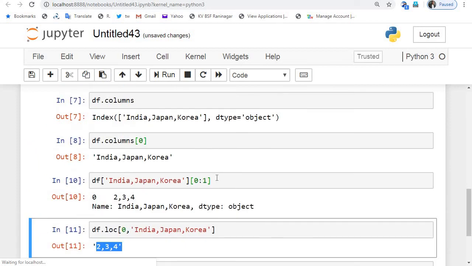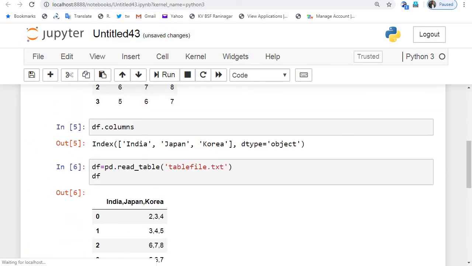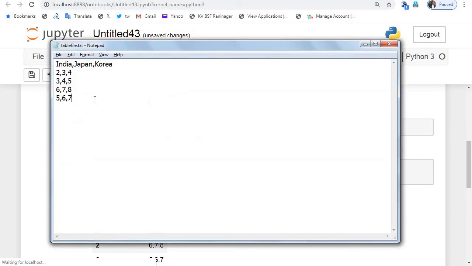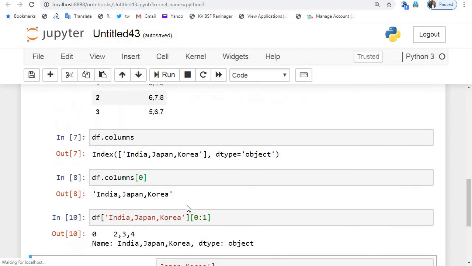Now, after doing this, suppose you want to read this data as separate values. Not a single string value, but different integer values.